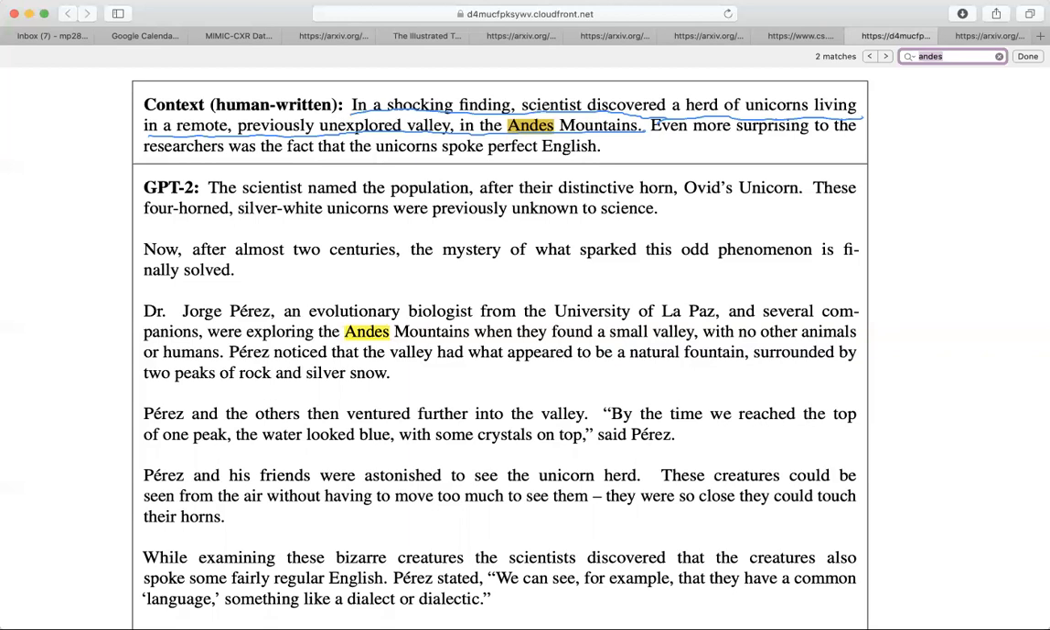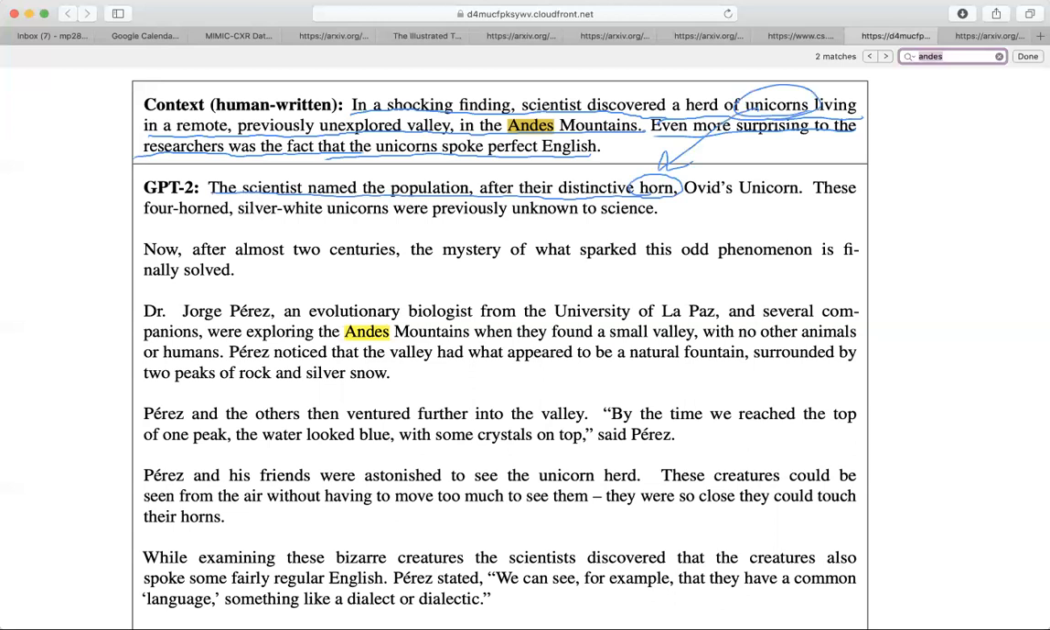Even more surprising to the researchers was the fact that the unicorns spoke perfect English. These are just purely false information. But we want to see if GPT-2 can take this information, digest it, and then generate a sensible sentence based on the context. So let us continue. GPT-2 said the scientists named the population after their distinctive horn, because unicorns have horns,